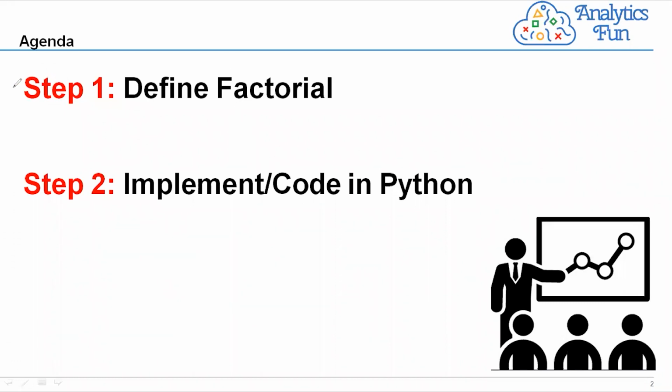So we will solve this particular question in two steps. Step one will be to define the meaning of a factorial. For those who are from non-mathematics background, we are defining the meaning of a factorial in case you don't know. If you already know the meaning of the factorial, you can directly go to step 2 where you can implement the code in Python. We have already provided the link in the description where you can directly jump to the step 2 part.